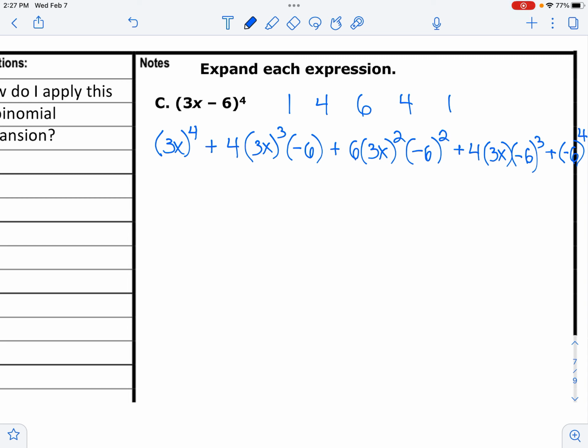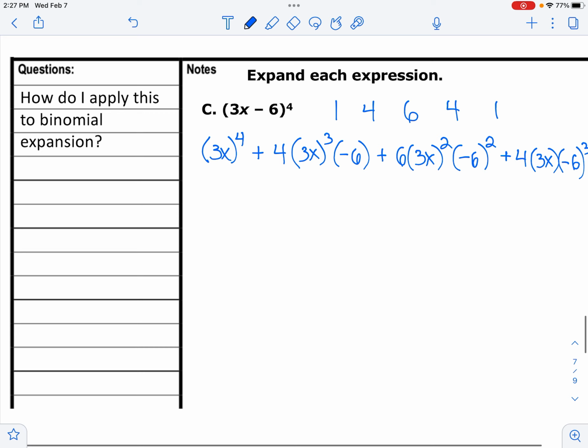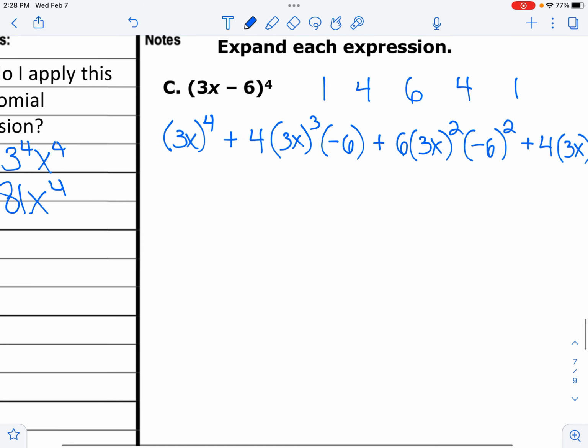Okay, now we are going to simplify this. So when we simplify this, 3x to the fourth, remember this really means 3 to the fourth, x to the fourth. So you're going to have to figure out what 3 to the fourth is. So 3 to the fourth is 81. So just simplifying this part, you don't want to just write 3x to the fourth. That will be wrong. It's actually 81x to the fourth. So this 81x to the fourth